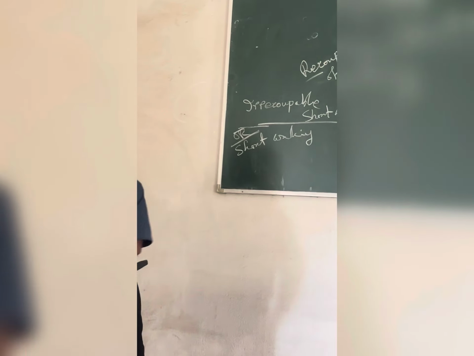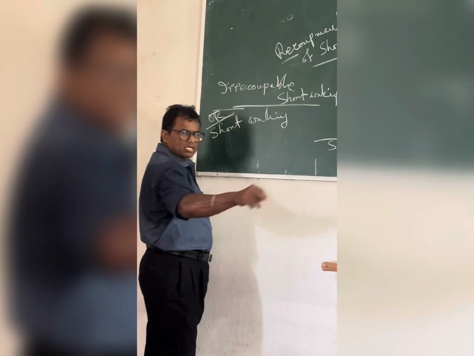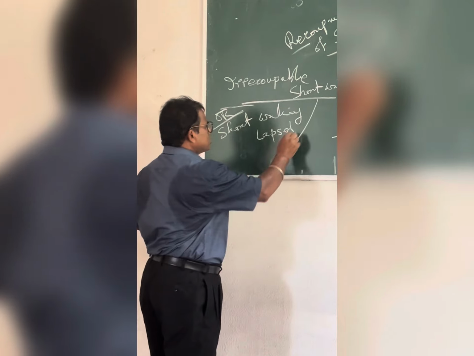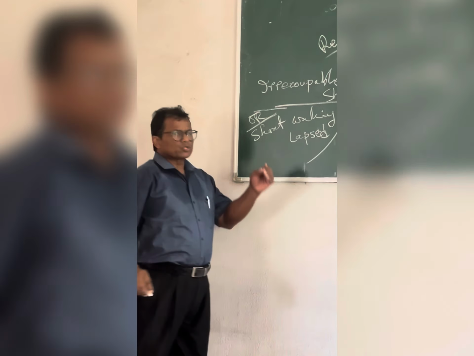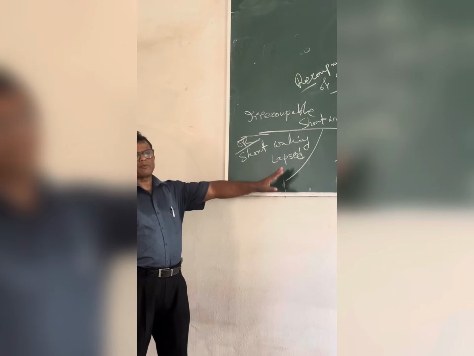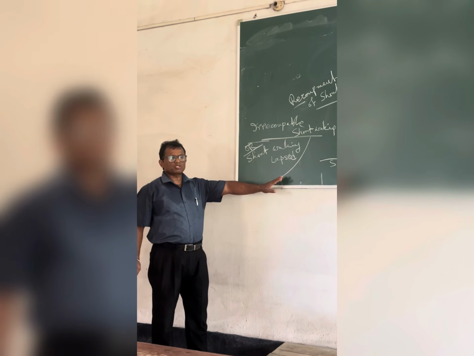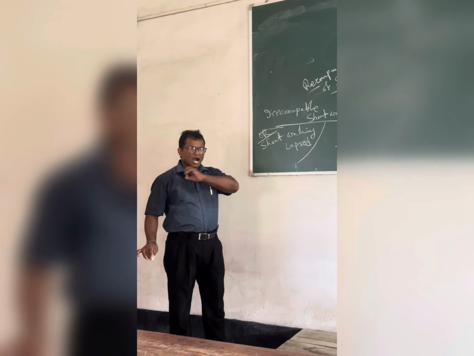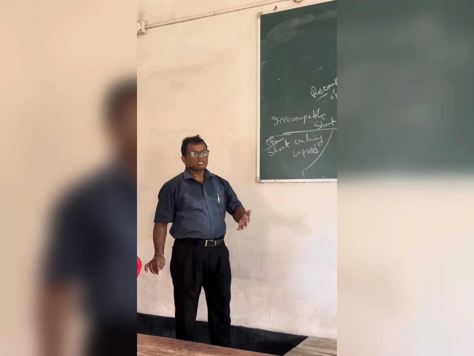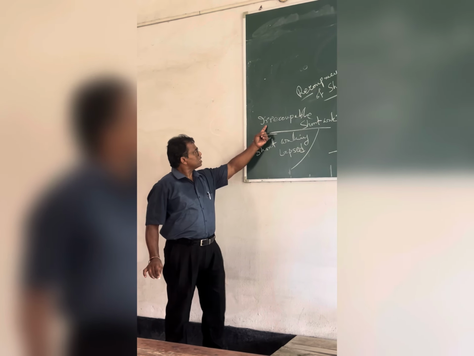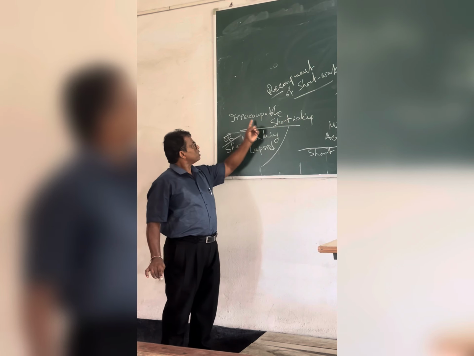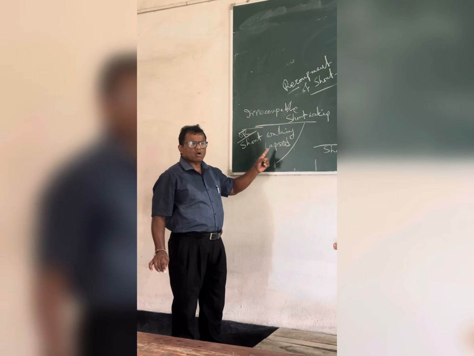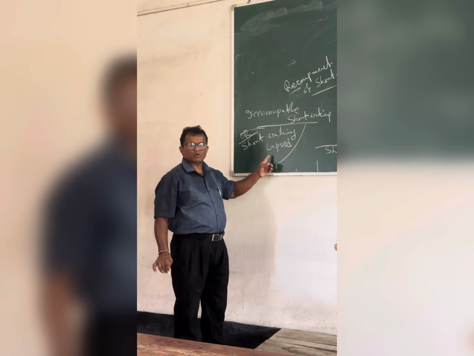You can also write short working left. You can see this also. So the amount of short working which you cannot cover up as per agreement, suppose 4 years. Within 4 years you could not cover the total short working. What amount is left unadjusted, and there is a loss for it, that is known as irrecoverable short working or short working lapsed. This is a pure loss for the lessee, total loss for the lessee.